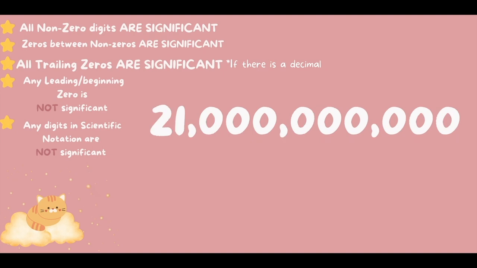How many significant figures can you count here? Right, we only can count 2 and 1. All of those trailing zeros, we cannot count them because there is no decimal point here. So we have 2 total sig figs. If, for example, we did have a decimal point at the very end, then we would count every single trailing zero, and in that case, we would have 11 sig figs.